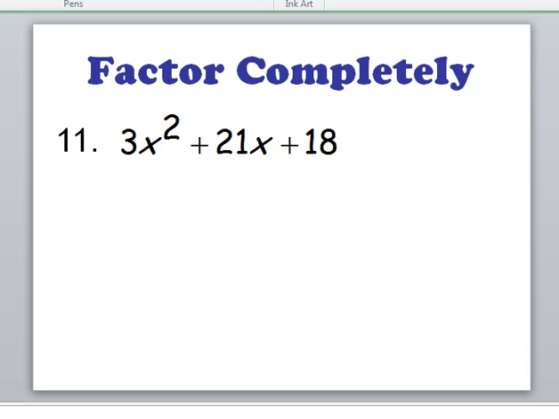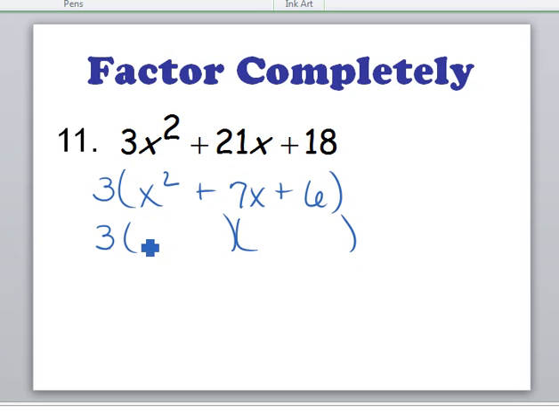On this next problem, I need to go through my steps and say what is the greatest common factor. There is a number that they all share in common, 3. So I'm left with x squared plus 3 times 21 is 7x, 3 times 18 is 6. And then I can break this up into 2 sets of parentheses. So I need factors of 6